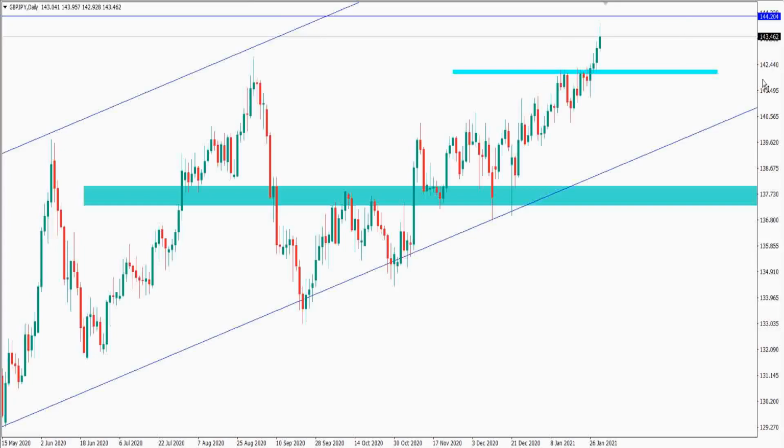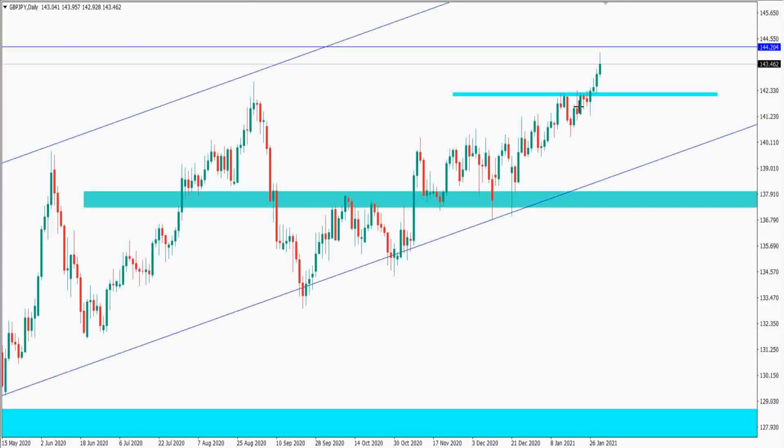All right, so from the daily time frame, we have a market that is currently above the daily level of structure right here. So the price is above the level of structure here and below resistance at this 44.20 level. So now with the price trading in between this resistance and this support, I don't want to be looking for any trading opportunities right away. So what am I going to be doing? I'm going to be waiting for the price to either make a retracement back to this area of support